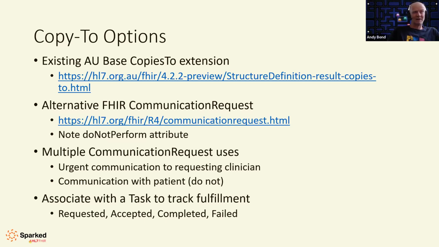I personally think that the ability to track fulfillment of a communication request is really important. So if you did ask for a copy 2 and the copy 2 fails because the information provided is not sufficient to actually contact that individual organization, it'd be nice to know, and this gives you a mechanism to do that. I'm sure this is not the last of the sets of communication requests that we'll use,